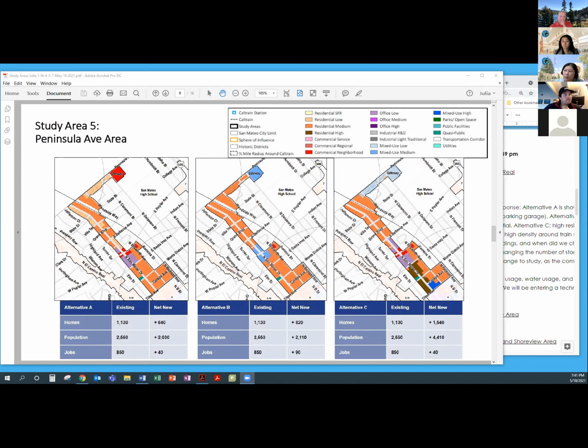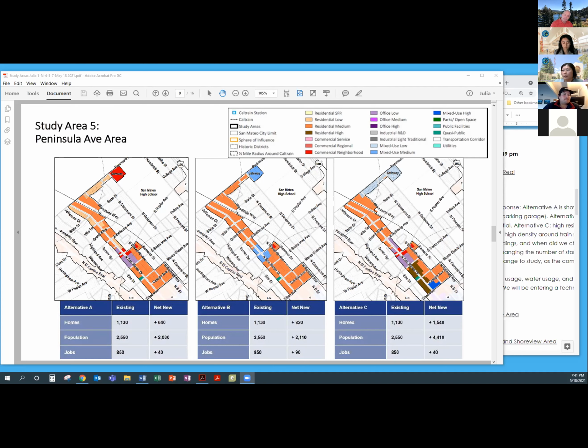You'll note that in alternative C, south of that area, closer to Tilton Avenue, you'll see some of that darker brown color, and that's high density residential. Going up north, we are proposing to preserve mixed use and commercial. So Safeway, as a service amenity for the community, is remaining.